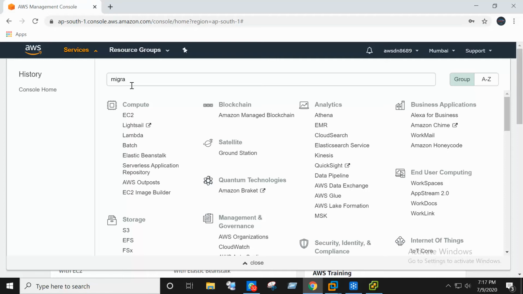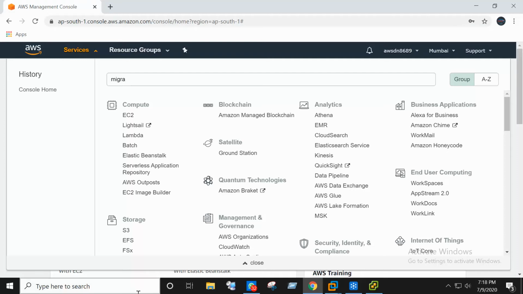For that reason, I'm going to use the AWS migration services to connect to my on-premises virtualization environment. Then I'll be migrating from the vCenter ESX server to AWS EC2 services.